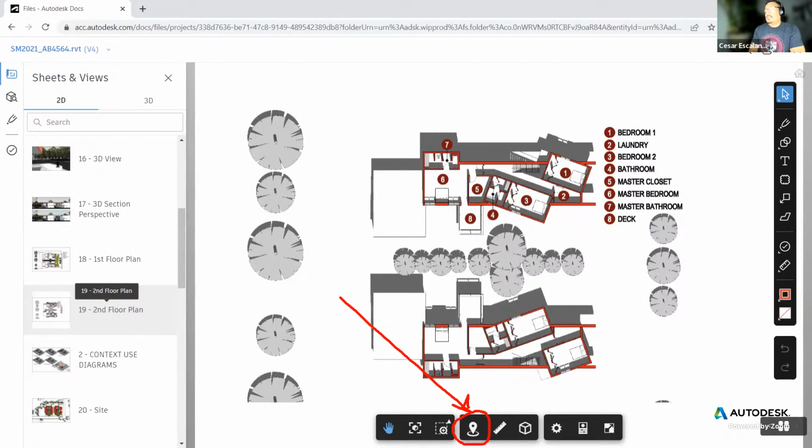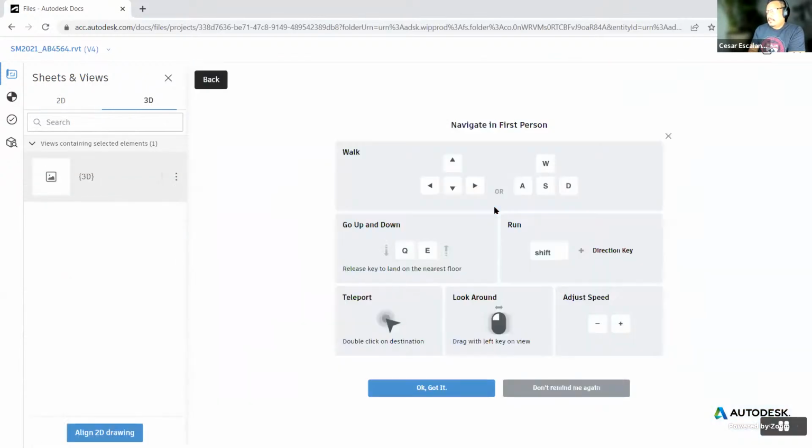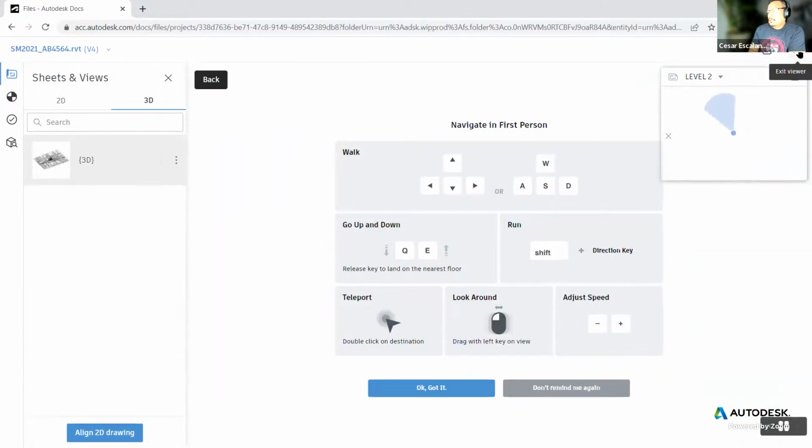This only works in projection floor plans. And this allows you to say, hey, I want to see the three-dimensional space of a point in the two-dimensional plan. And so you enable the button, click a location on the ground. I want to see how this room looks in 3D. And then this is the direction of the camera. Where do I want the camera to look? I want to see that direction. And then place it, and it automatically takes me to the